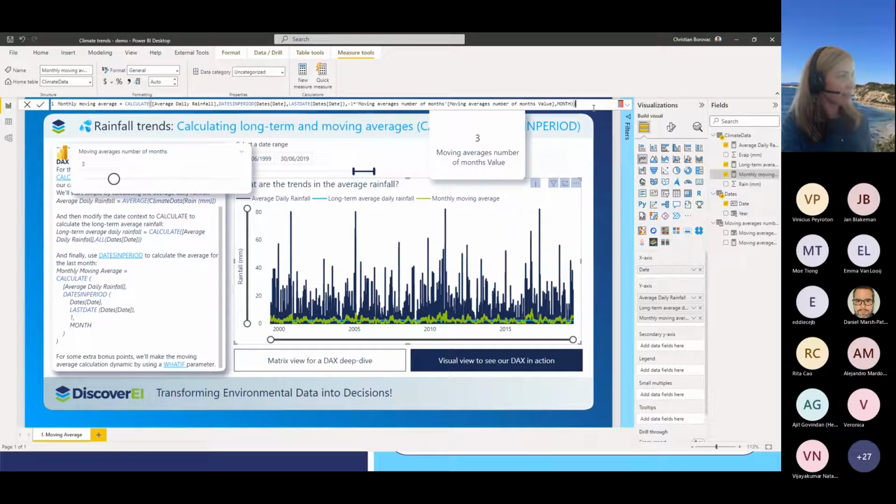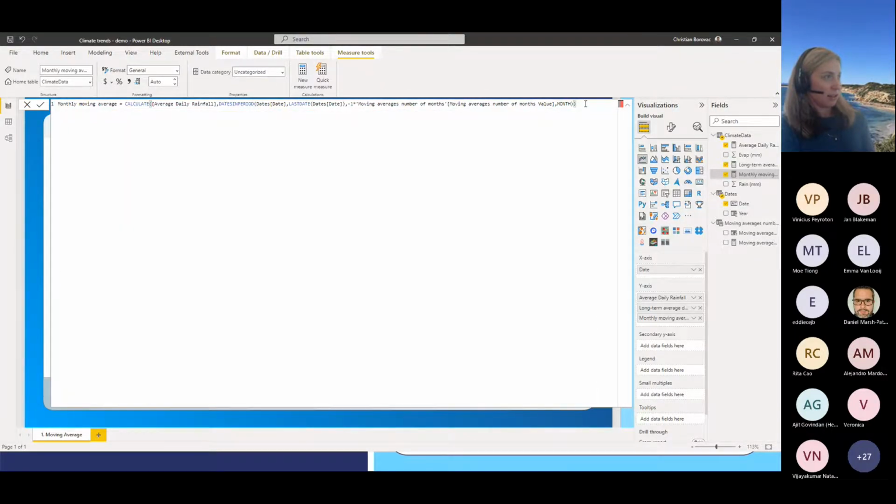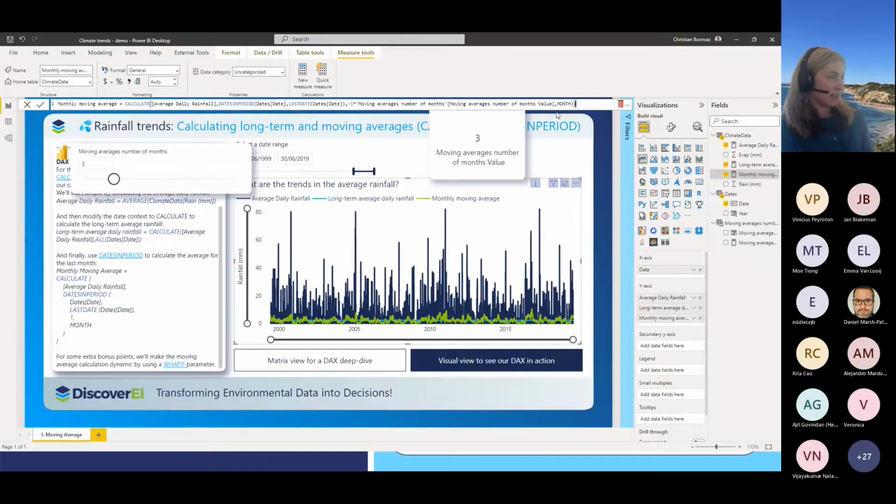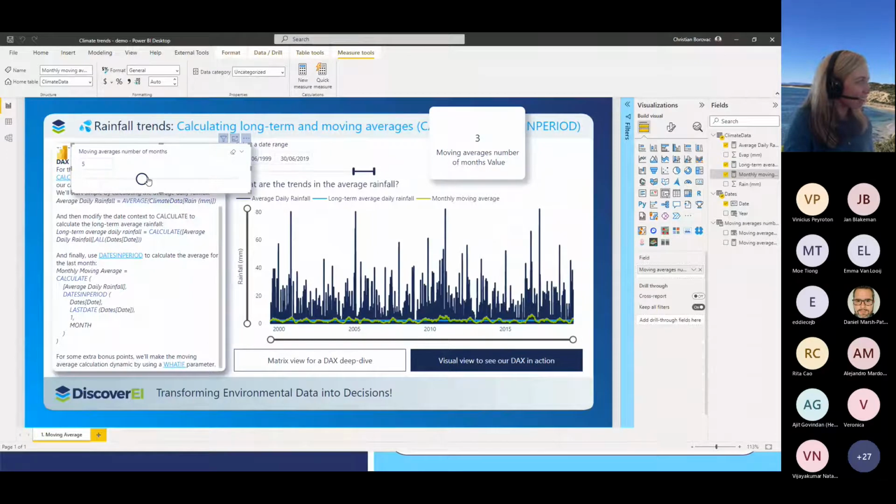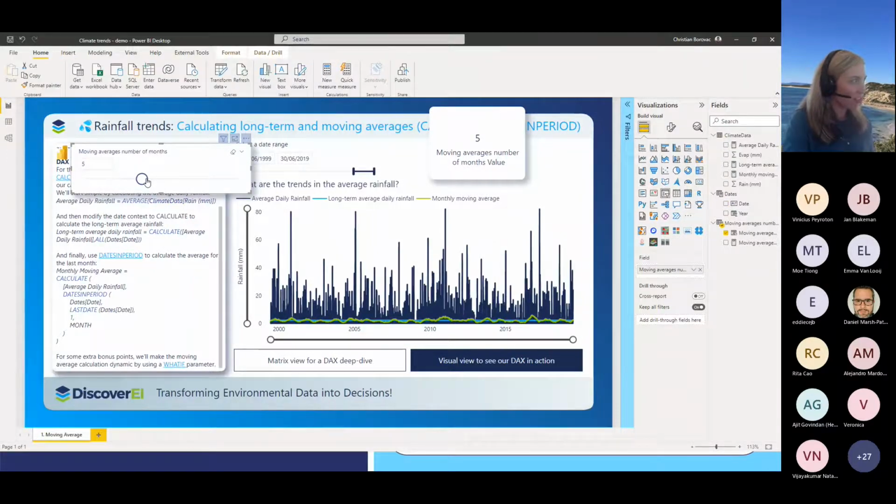Here, if we press enter, it's got a little bit of a lag. Still thinking, thinking. We can see that that smoothed it out a lot. And if we increase this to maybe 5 months, it should smooth it out even more, where it approaches that long-term daily average pretty soon.